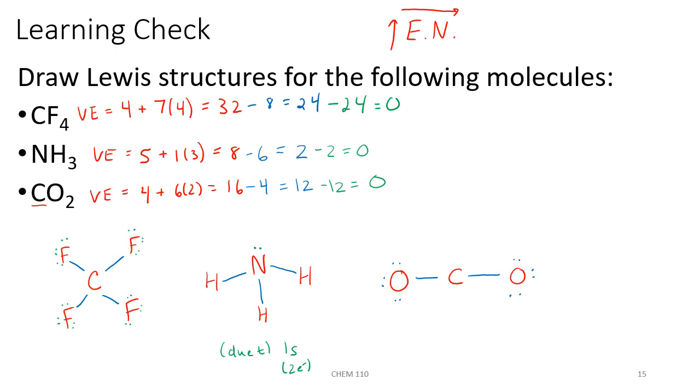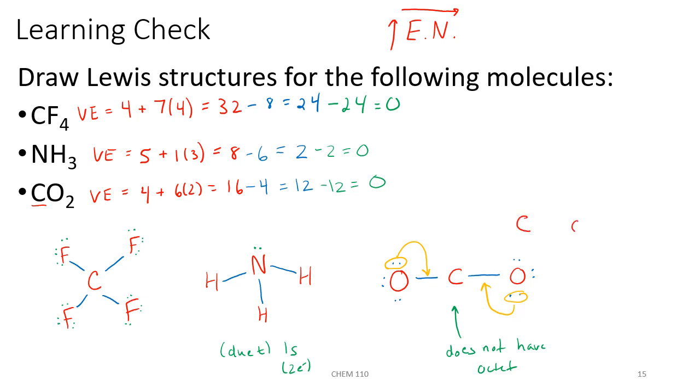But if we check our Lewis structure to make sure everyone has an octet, we will notice that while both of our outer oxygens have octets, our central carbon atom does not have an octet currently. When we run into a situation like this, we have to make multiple bonds in order to give everyone an octet. If we take one lone pair from this oxygen and we were to move it in between carbon and oxygen, and if we were to take one lone pair from this oxygen and move it in between carbon and oxygen,